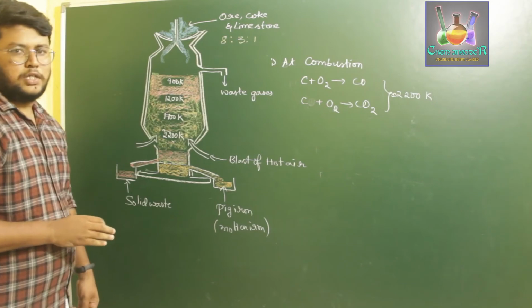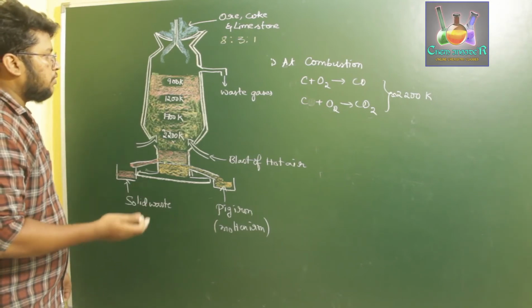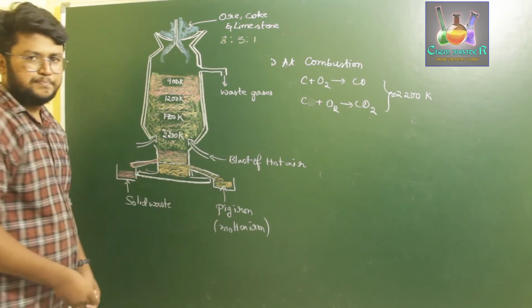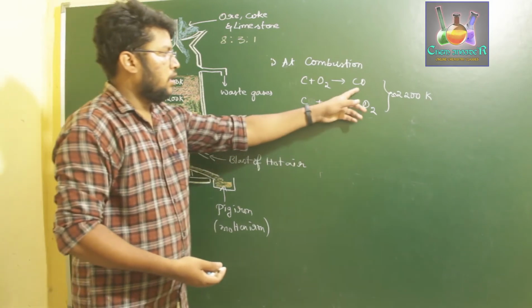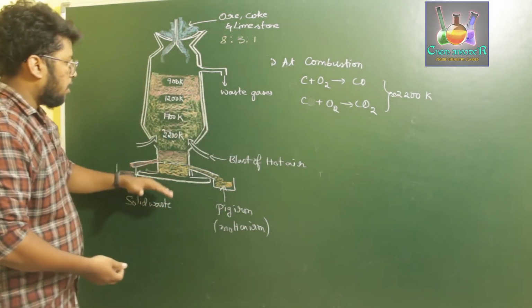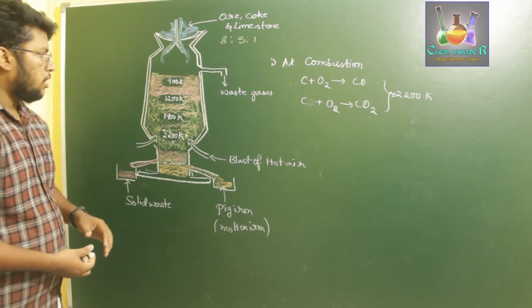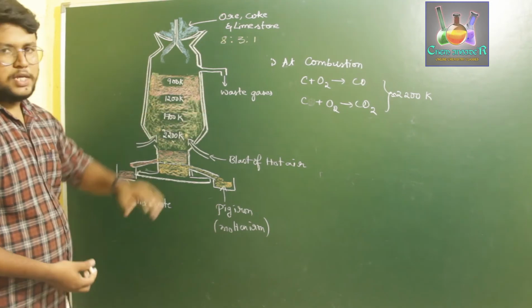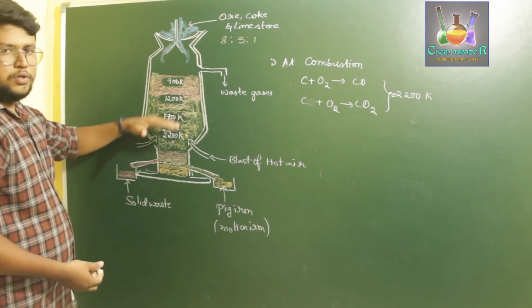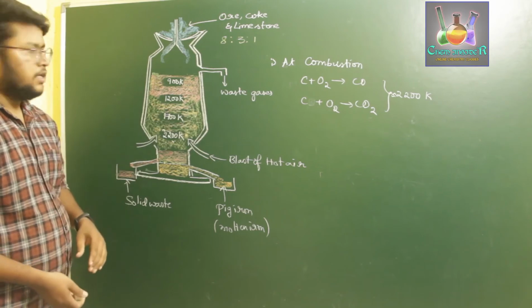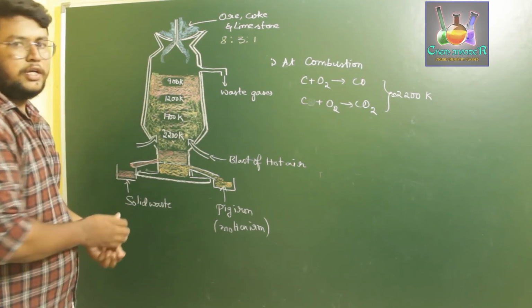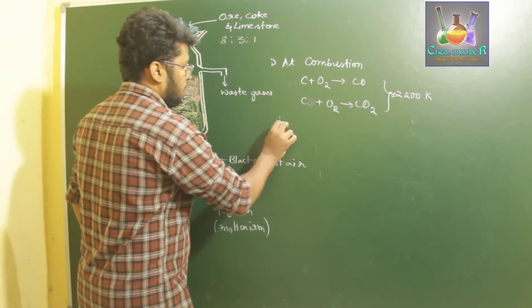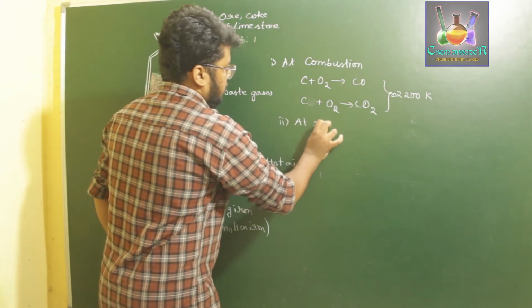Once this carbon dioxide is formed, it is going to move upwards in the blast furnace along with our hot air. The gases released, carbon monoxide and carbon dioxide, move towards the upper part of the blast furnace because of the continuous motion of air, as we have an outlet over here for the waste gases. Once this carbon monoxide moves to the upper part, at around 900 Kelvin, it reduces our ferrous oxide compounds. That is our second stage, the reduction zone.